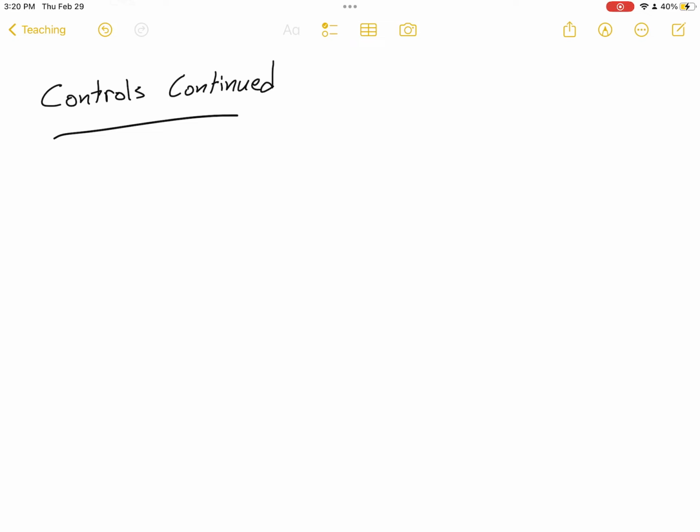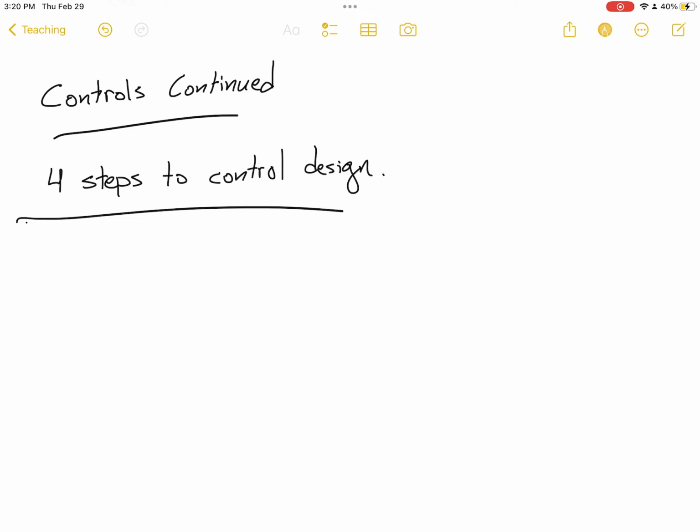In this video, we're going to continue our conversation about controls and begin to discuss a process for designing a controller that makes your system behave in the way that you want it to. So the process that we're going to be looking at has 4 steps to control design. The first step is to determine the nominal control input required